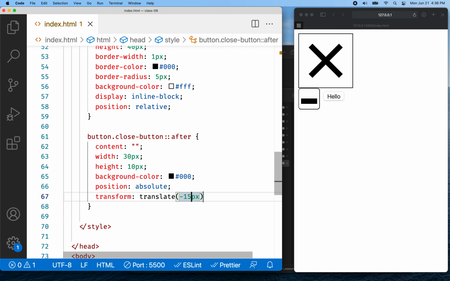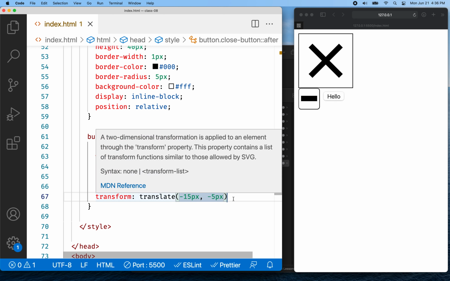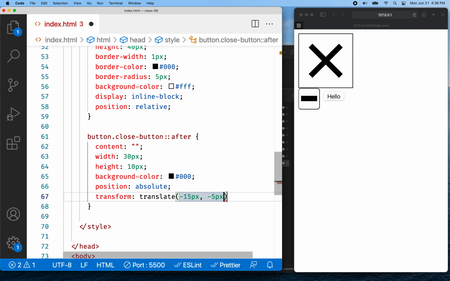30 pixels wide, so I got to go negative 15, so I could go negative 15 pixels like this. That seems like it's off by a pixel. Let's go negative 14. I don't know why. Actually, now it seems like it's too far to the right. Negative 15, right? So that would kind of work, right? And then maybe I also want to come up half the height. So we'll do negative 5 pixels, right? And the math of that is not hard, but it might be easier for you